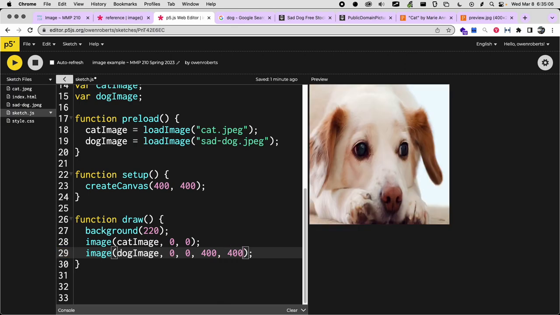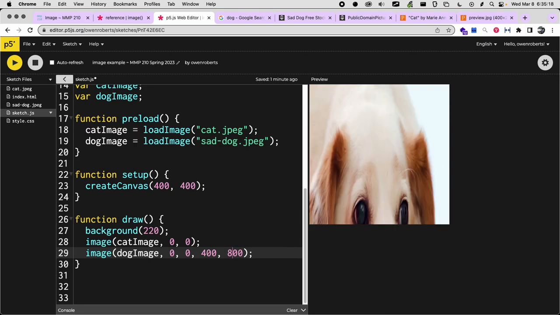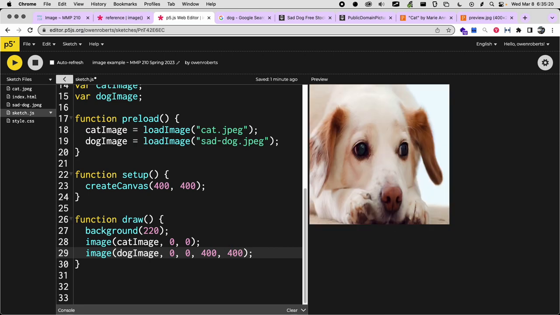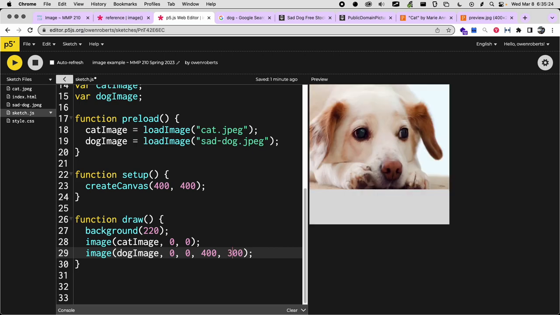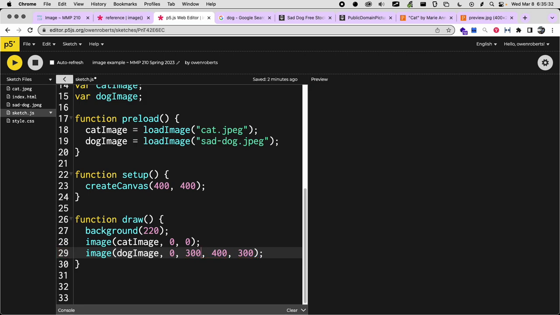If I make it 400, it actually doesn't look that bad, but the original image data is wider than it is tall, so it's a little bit distorted. If I made it like 800, you'd really see it getting stretched out. With 400 by 400, it's only stretched out a little bit. If I do 400 by 300, that's closer to what the original looks like. And then let's move it down a little bit. I'll move it down to 300